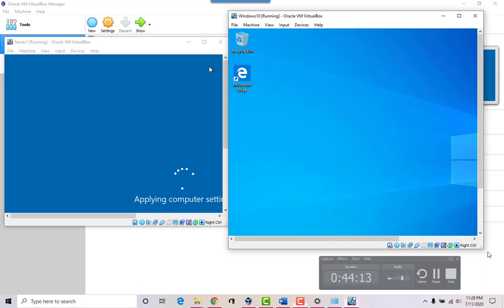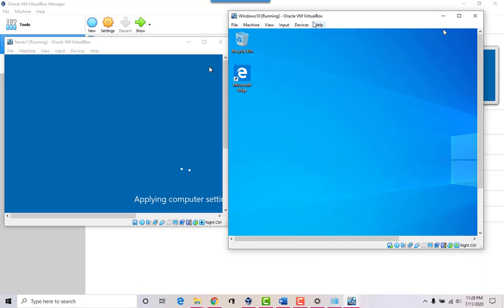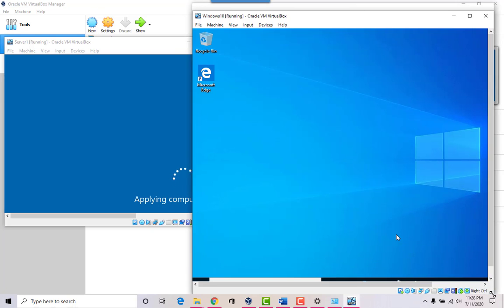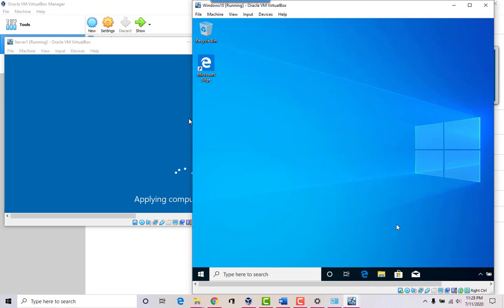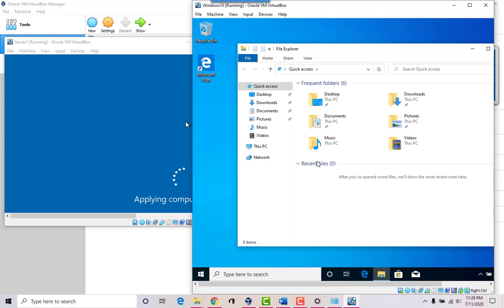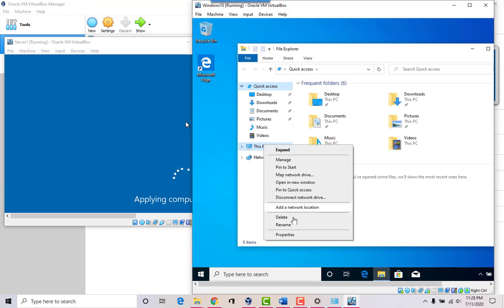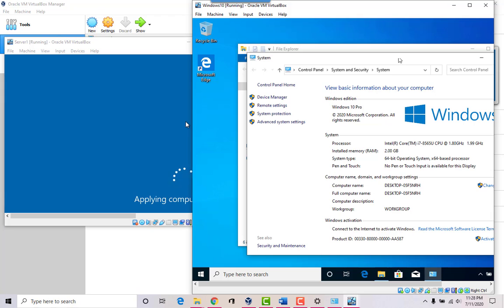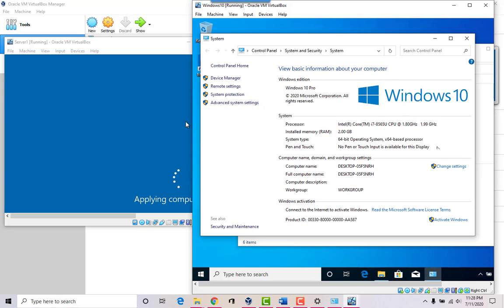Now it looks like we have our Windows 10 machine running already. And let's see if we can figure out the name of the machine. If not, we can always rename it right now. Let's go to properties. Yep, so why don't we rename this machine right now?